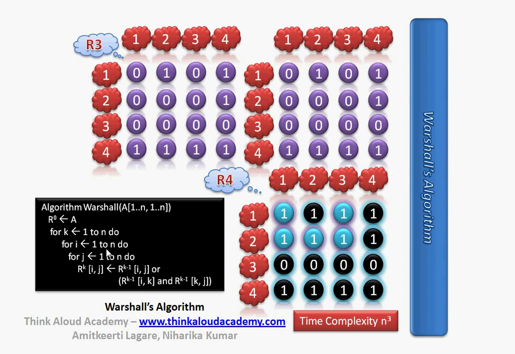So similarly, if we continue ahead, we will see that this becomes a 1, and R4's 2 2 is nothing but 2 4 and 4 2, which is a new one, and R4's 2 3 is nothing but 2 4 and 4 3. This becomes a 1, and this was already a 1, so this becomes a 1. Similarly, if we keep calculating these values, we will get all our values for the third row, and for the fourth row you see that they are all 1s. So R4's value will be nothing but R3's value if it is a 1. So since all the values are 1 in the fourth row,